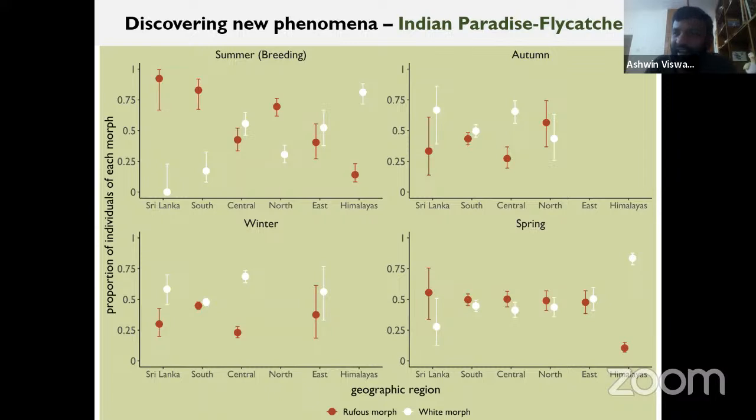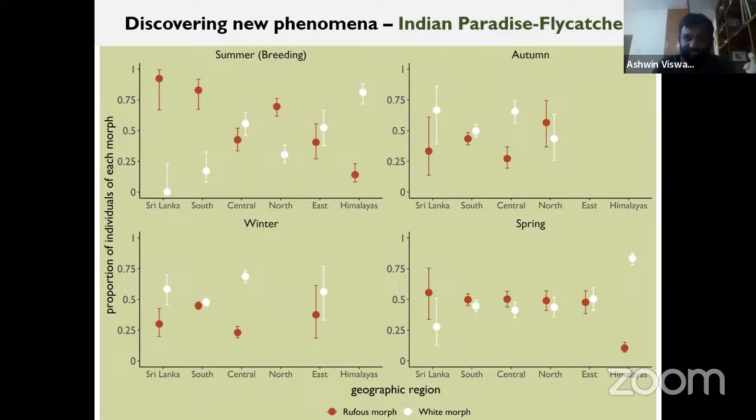Now, in these months, the understanding is that in summer, all the birds are going to be in their breeding areas. In spring, they're still moving through. In autumn, they're again moving through. In winter, they're all in their wintering areas. So the two important things for you to look at are summer, when they're breeding, and winter.